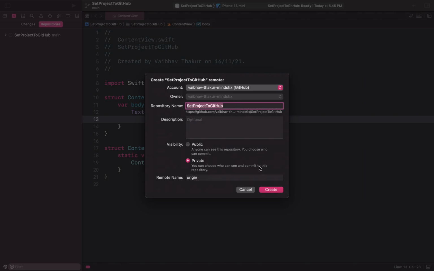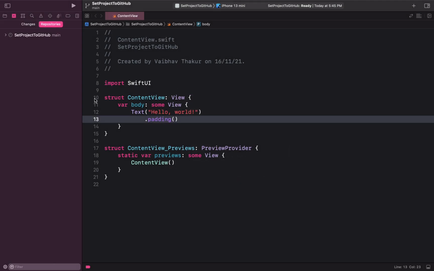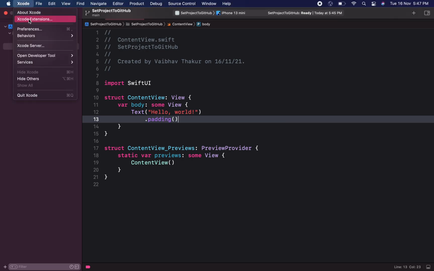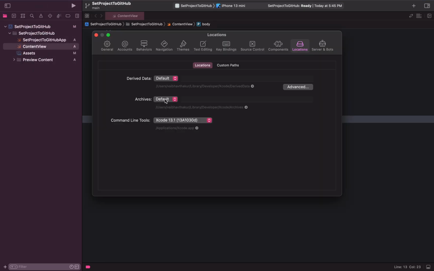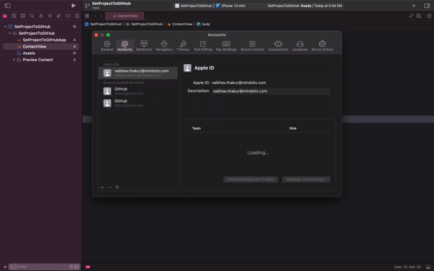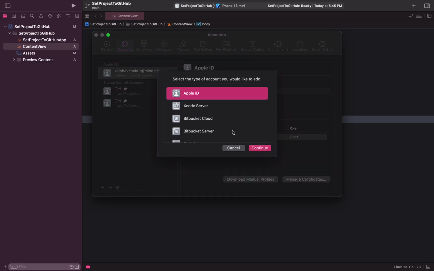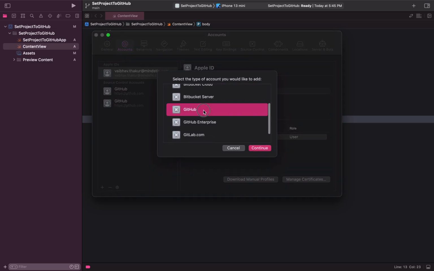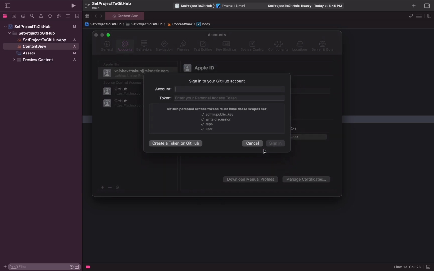If you do not see this account section, what you can do is go to the Xcode preferences, and here go to accounts, and add this GitHub account. So click on plus and scroll down and select GitHub and click on continue.